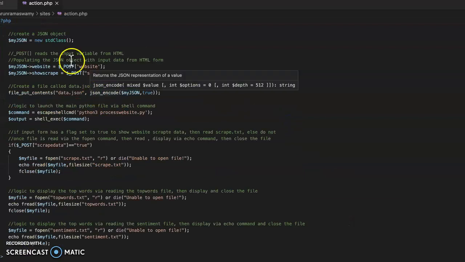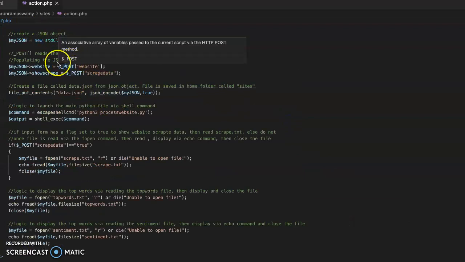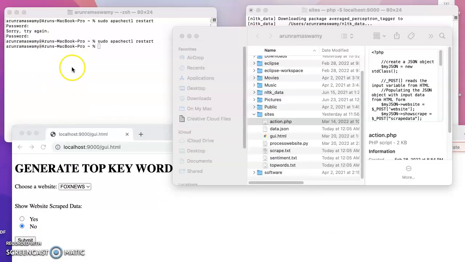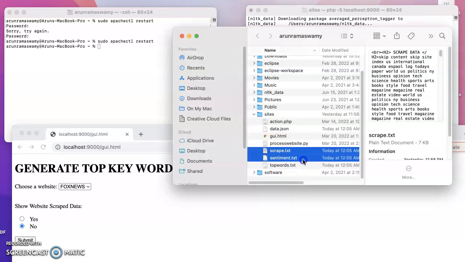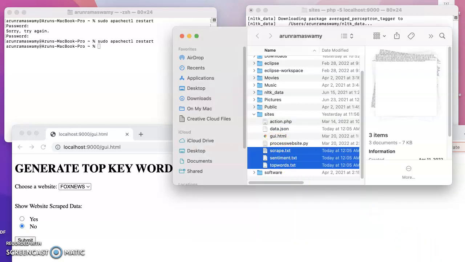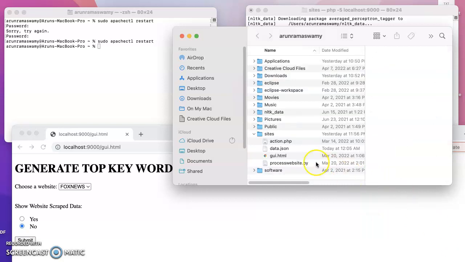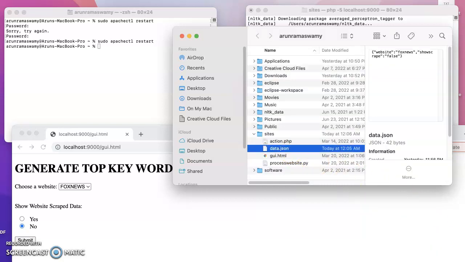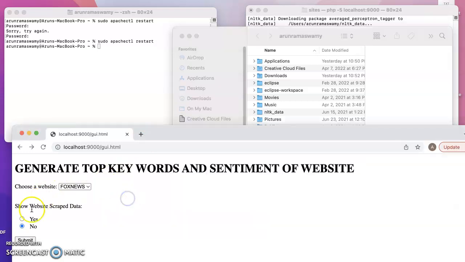It creates a JSON object which has the necessary website input. So I'm going to get rid of these text files because they are not necessary. I have to be careful not to delete the actual code. And if I run this website one more time,